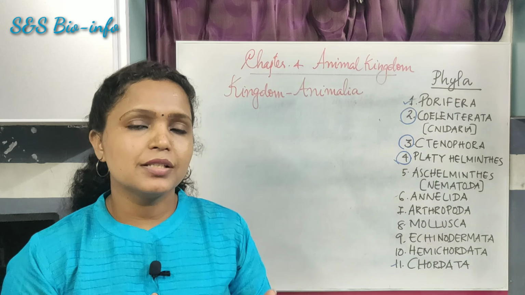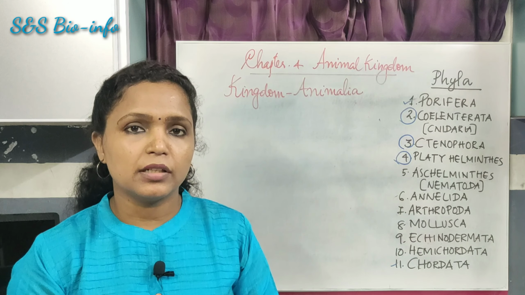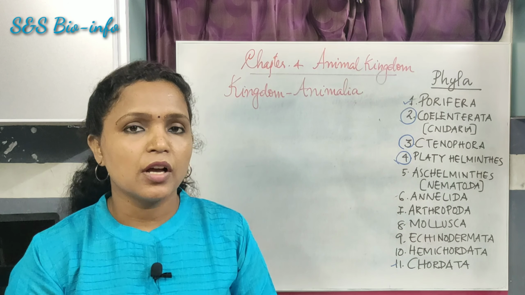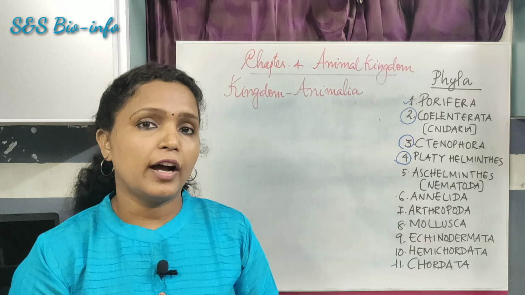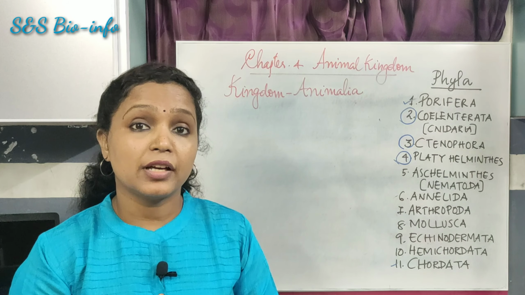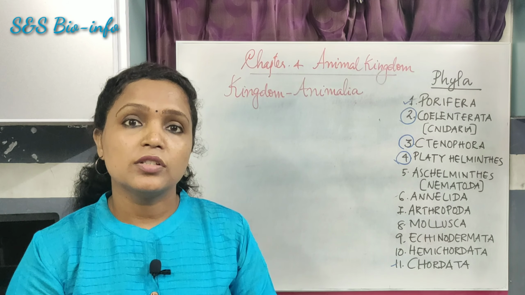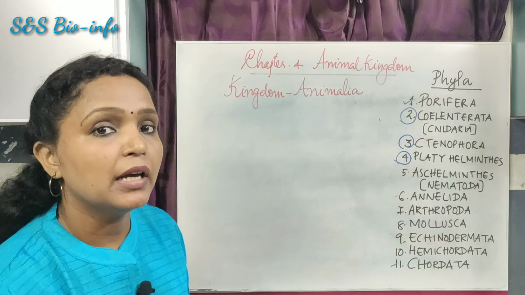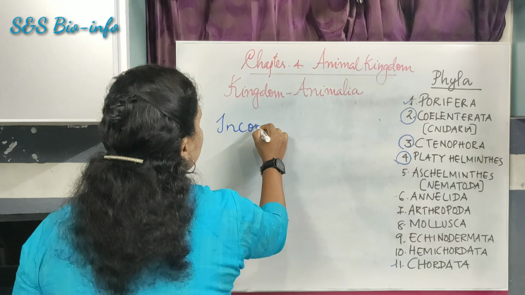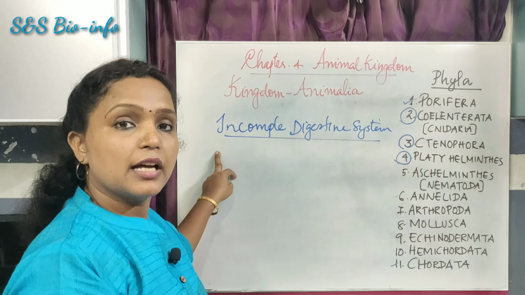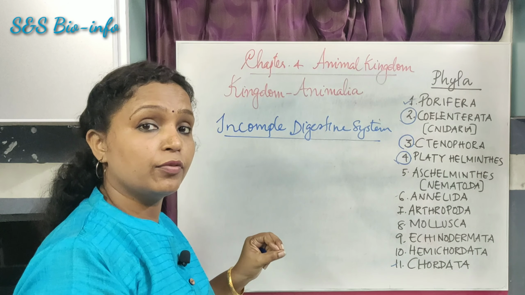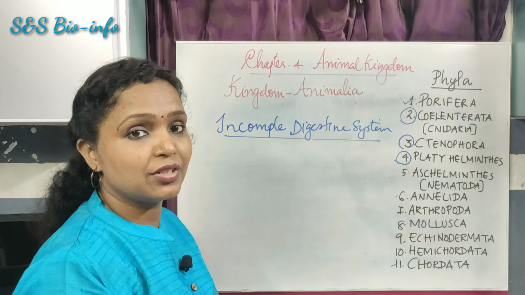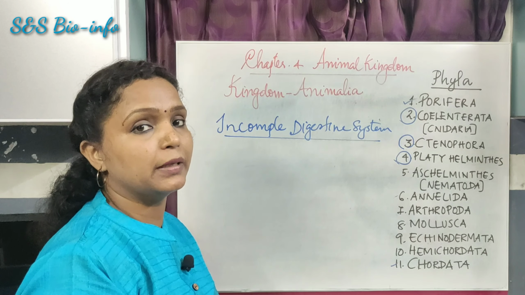When we think about the organ system levels in highly complex animals, those animals also exhibit differences in their organ systems. For example, the higher group of animals possess both incomplete and complete digestive system. Some animals of the phyla possess incomplete digestive system. Incomplete digestive system means they have only a single opening for taking the food and also for egestion. Ingestion and egestion is done with the help of the same opening.